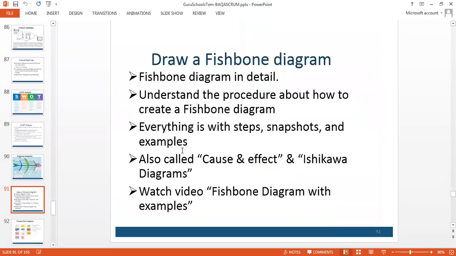Let's try to understand. A fishbone diagram is basically a kind of execution flow in which we try to understand different steps, different exceptions, different causes to the effect, or those kinds of scenarios which we conceive, which we accept as in progress of whatever we are doing.